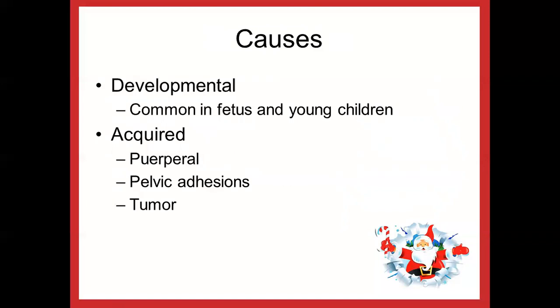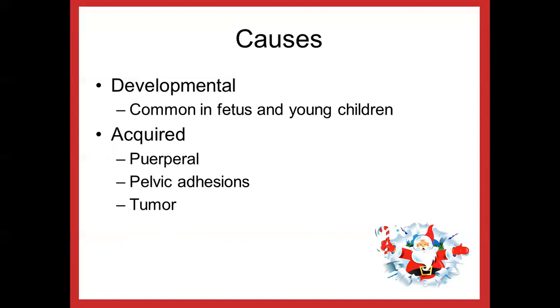What are the causes of retroversion? It can be a developmental one or it can be an acquired one. Developmental, which is common in fetus. When the fetus is not in a good position, or when young children at the growing stage are not sitting properly, not maintaining the proper positions, or because of malpositions of the fetus, or if the uterus is not having adequate room for the fetus, at that time there can be a chance that the uterus will be bending backwards.